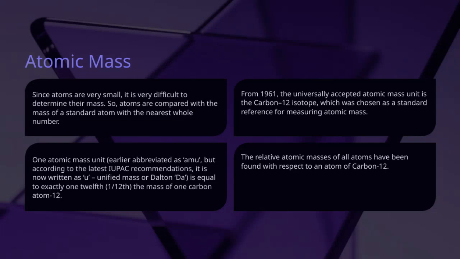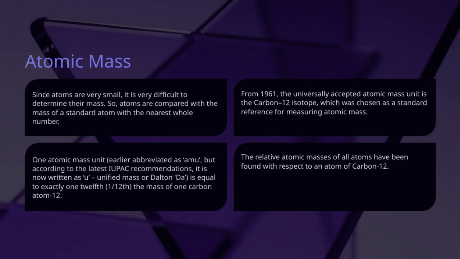Now let's talk about how we determine the relative atomic masses of atoms. All these masses have been measured with respect to a specific standard, which is an atom of carbon-12. Since 1961, the universally accepted atomic mass unit, or AMU, has been based on this carbon-12 isotope. In fact, the latest IUPAC recommendations now write this unit as u, which stands for unified mass, or sometimes as Dalton, abbreviated as Da. The key point here is that one atomic mass unit is exactly 1/12 of the mass